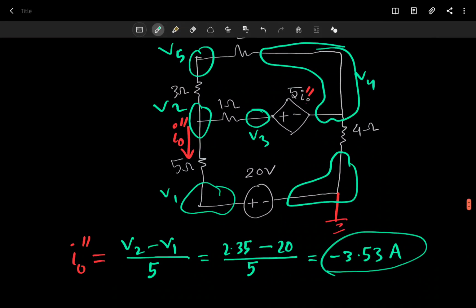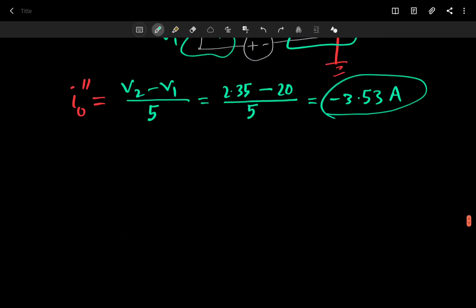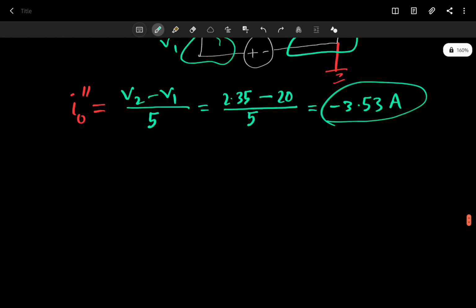Now you can see that since you have a huge 20 volt source, the current will try to force this way. So of course the current is negative, right? Our direction is in the opposite direction. So now we have completed step 3 as well, and then we have step 4,